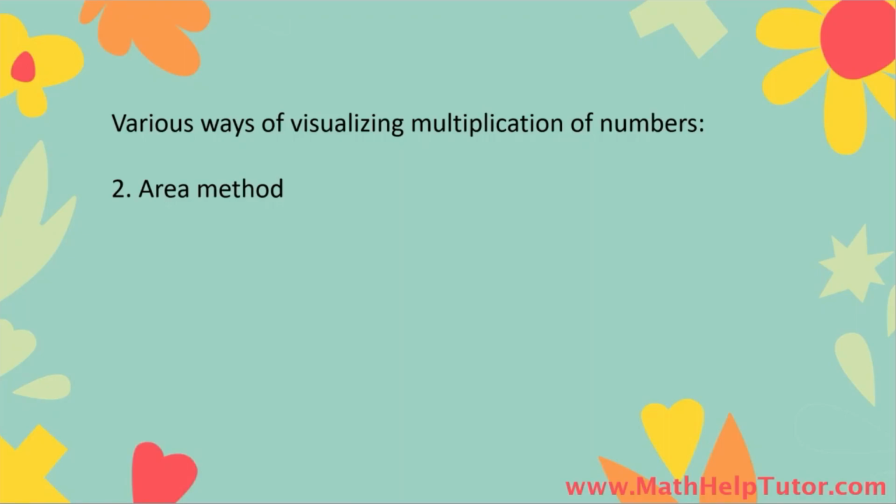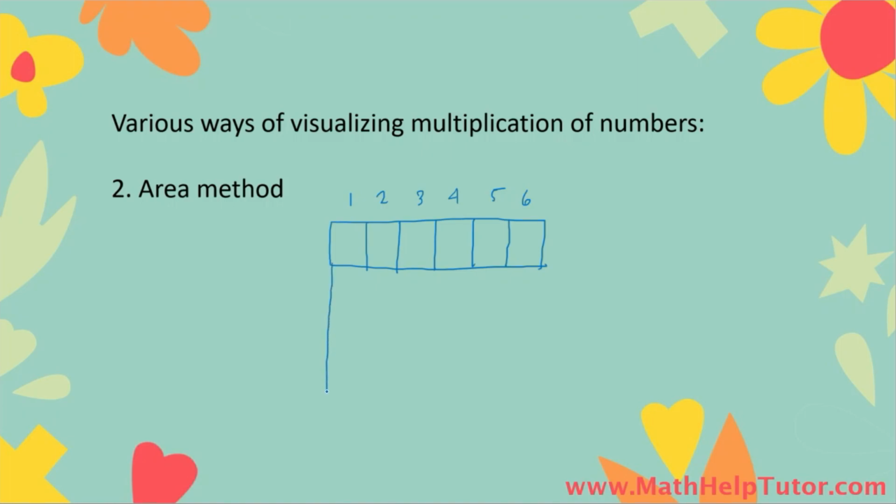So to use the area method, we will do our multiplication using blocks arranged in a rectangular way. Imagine we have the number 6, which we will represent with blocks. That's 1, 2, 3, 4, 5, 6. If we multiply 5 to 6, meaning we replicate this rectangle that is 6 blocks long for 5 times, we